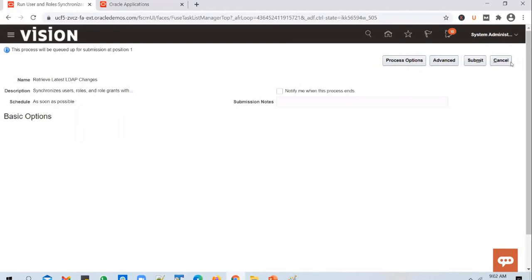In the background, the changes are getting synced, because if you remember, when we created the fusion.user1 user yesterday, we made quite a few changes to that user profile, but we haven't run this job even a single time. So in the newer releases, there is no need to explicitly run this job, but in case something is not working, if you see some discrepancy, feel free to go ahead and kick off this job. Okay.